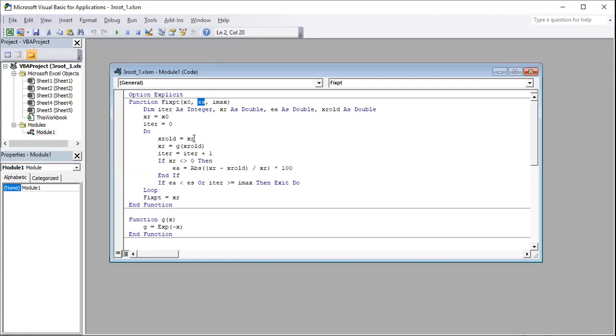And the most important thing in this code is this. Yeah, so you're saying that the new value of the root is a function of the old root. So XR old is a function of the old root. And this function here is defined here. Then the function of the old root is exponential minus x. Then let me go to Visual Basic,